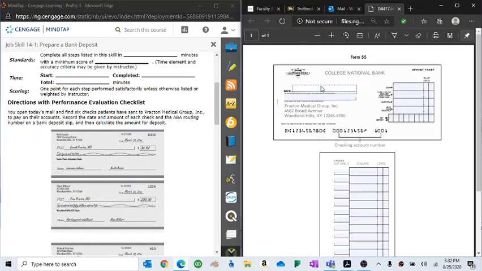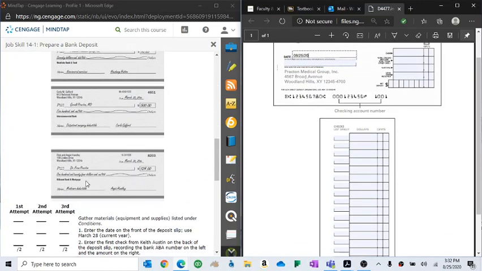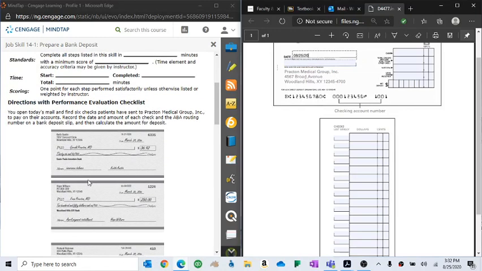So the first thing to do is put today's date as the deposit date. Make sure that you write that in there. The next thing is we're going to list the checks. So as you can tell, we've got all these checks down here. And what you're going to do is just one check at a time. So you would do